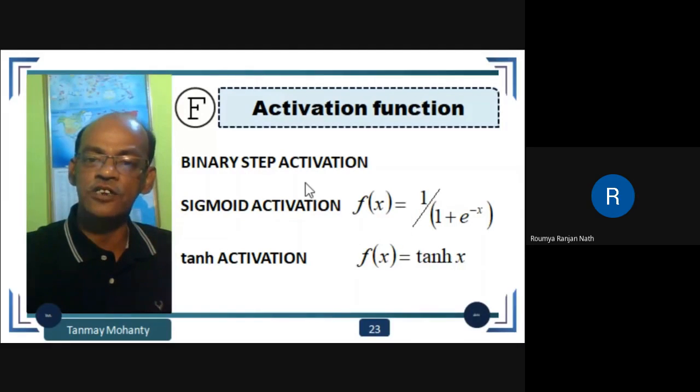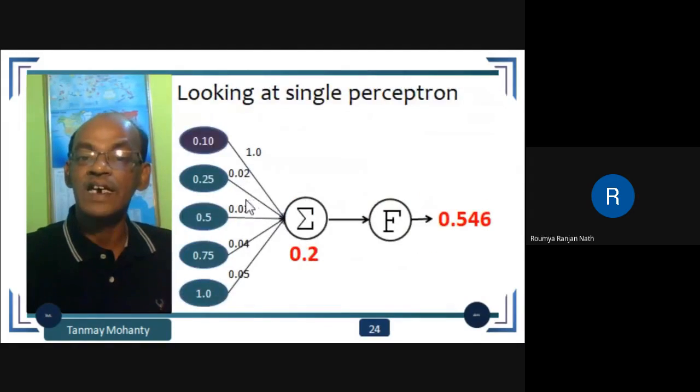What is this? Let us take an example. Here we have taken a single perceptron. We have got 4 input parameters. I have taken a value of 0.25. No, input parameters 0.5, 0.25, 1.0. With some voltage I have assigned 0.02, 0.03, 0.04, 0.05 and bias I have taken as 0.1 with a voltage